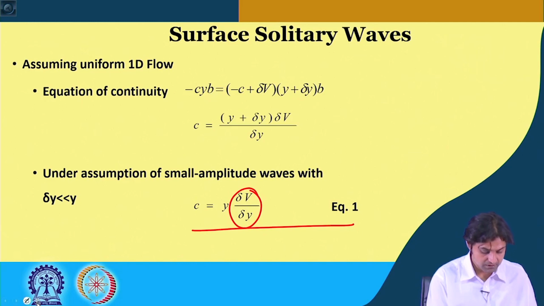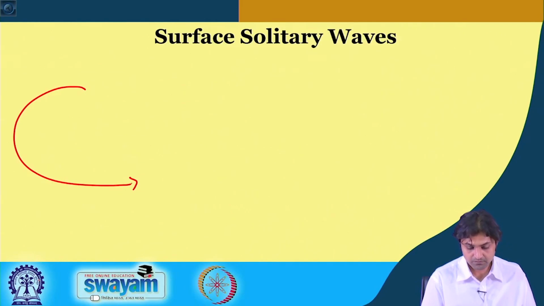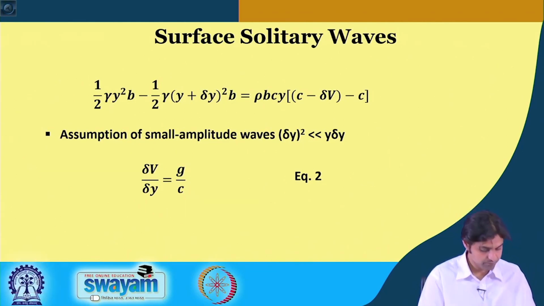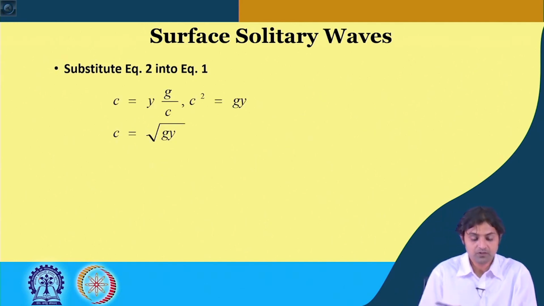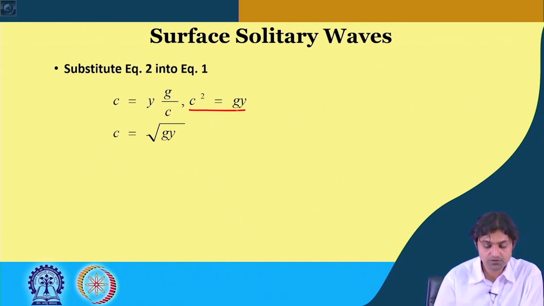So, this delta v by delta y we have obtained from equation number 2. If we substitute equation 2 into equation 1, so c is equal to y delta v by delta y, we get c is equal to y g by c, and c can go this side, it becomes c square is equal to g y, or the final equation c is equal to under root g y, where c is